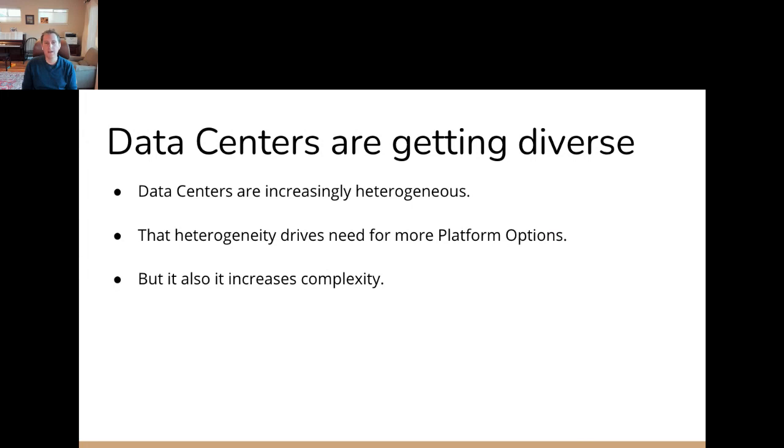So the last point here is about complexity. Now, we've accepted that we're going to have a heterogeneous data center for the reasons I've outlined. But if that's really the case, where we're going to have ML specific systems, and we're going to have video transcode specific systems, and we're going to have storage systems and distributed compute and lots of new and emerging technologies in the data center, it means that as we walk through the racks, I wish I got to walk through the racks, but as someone walks through the racks, they're not going to see the same thing on every rack after rack after rack after rack.